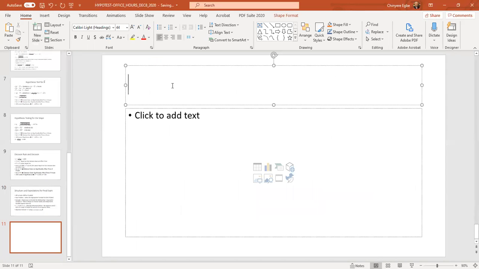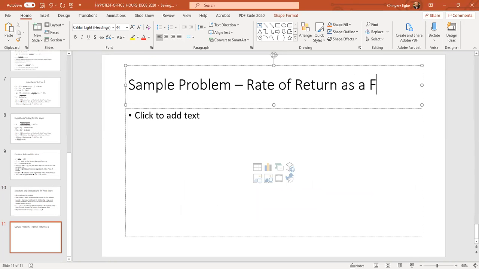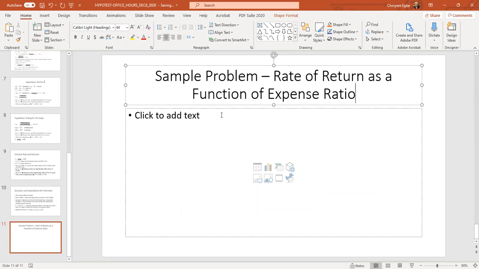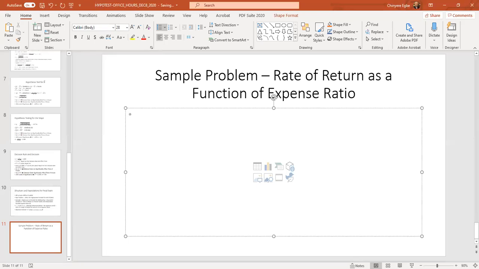Okay. The sample problem here. Sample problem: rate of return as a function of expense ratio. Rate of return as a function of expense ratio. So I'm going to...